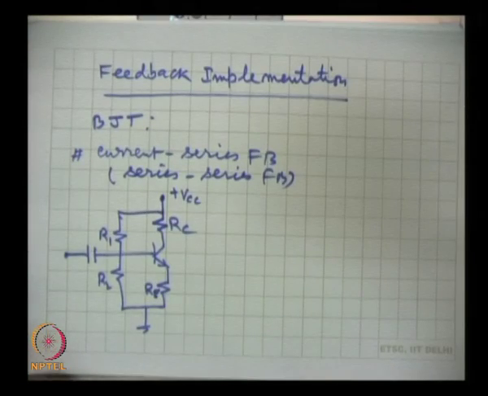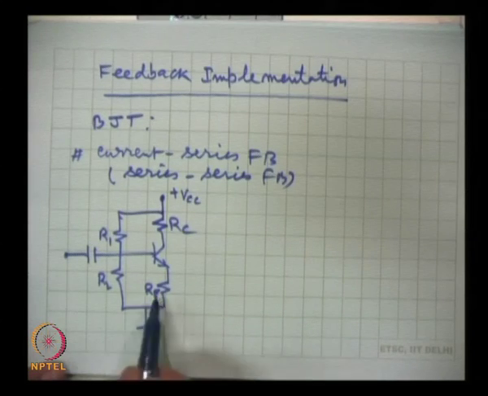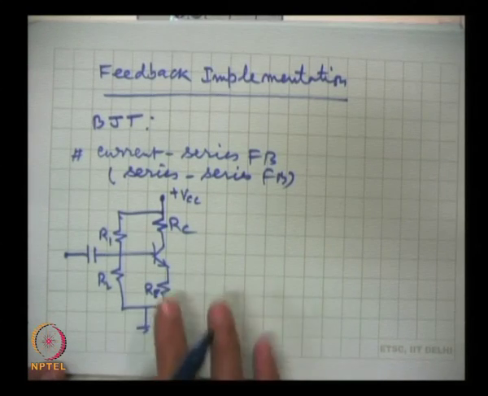no matter in which configuration we are using the transistor, whether in common base or common emitter or common collector. But this has to be remembered that we have to bias the emitter junction always forward biased and collector junction as reverse bias. Now, here incorporation of this resistance RE, that is a feedback resistance, because in the absence